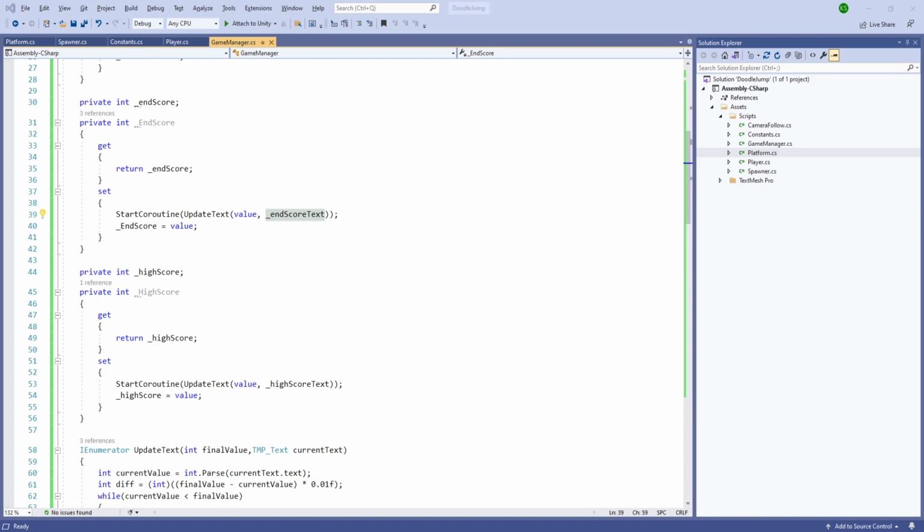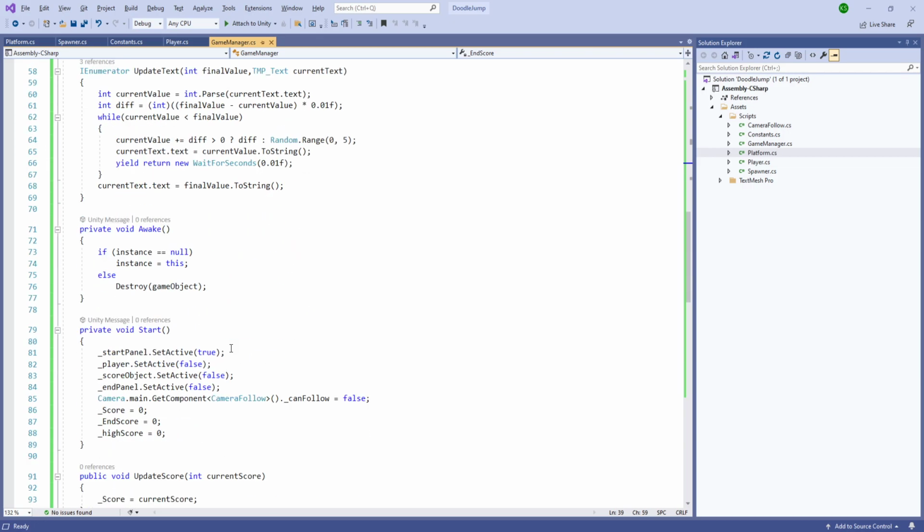So let's hit play, and the requested operation caused a stack overflow. GameManager.SetEndScore. So there was some problem with the end score. Okay, dokie. And score to 0. And here we didn't change the end score count, which is the 0. Now let's hit play,